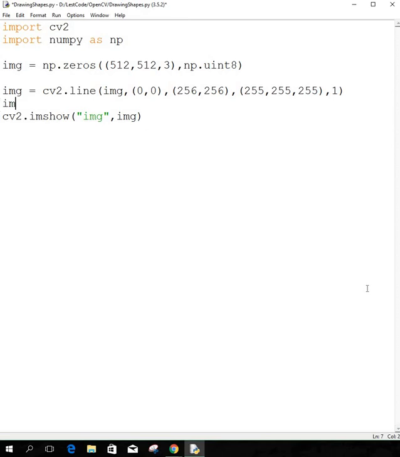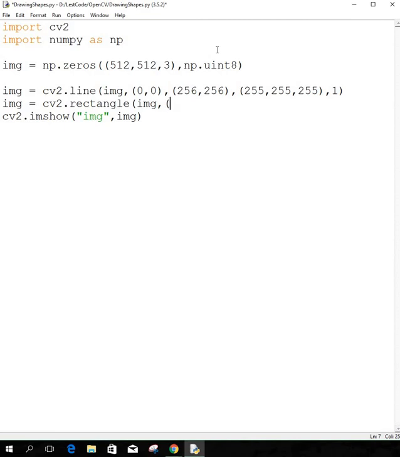So img, you could call it anything you want, but if you want it to be shown here, you have to give this argument over here. cv2.rectangle. Where do you want to draw the rectangle? You want to draw it on this image. So give that argument, and then